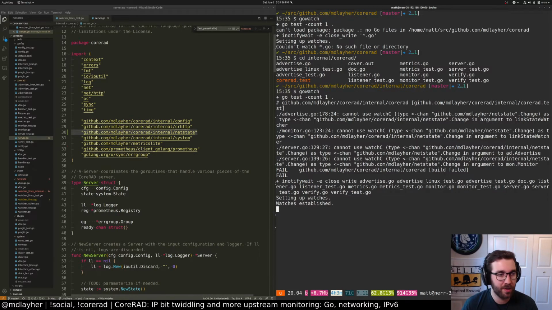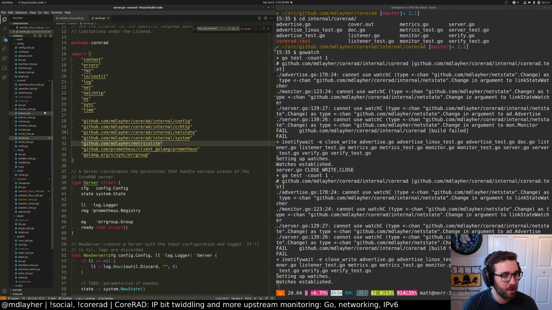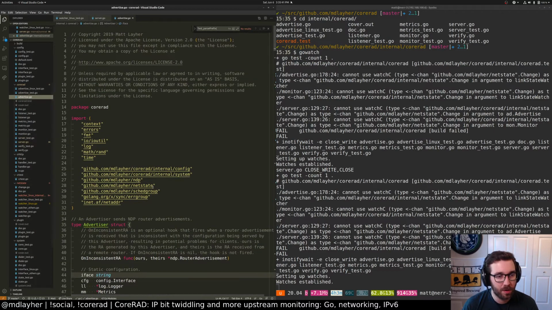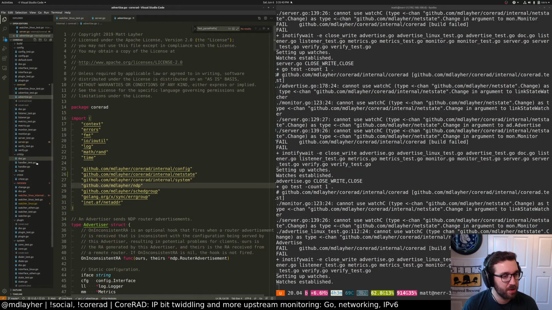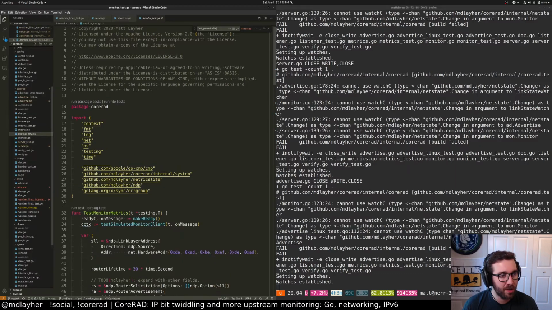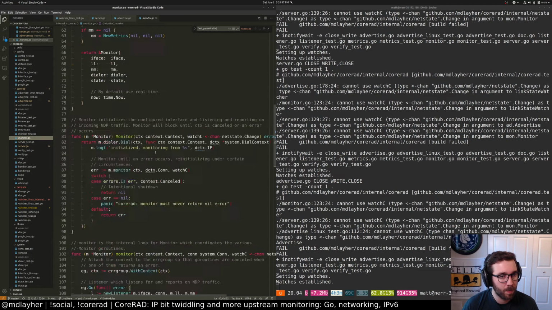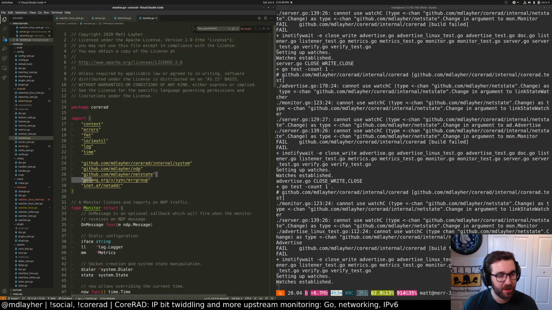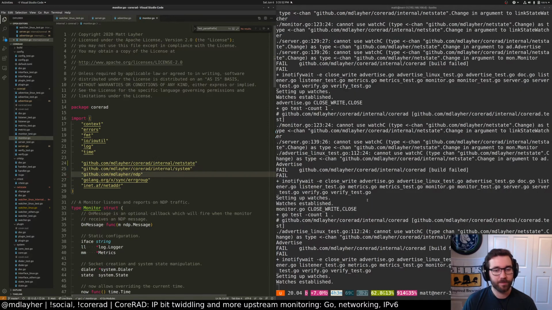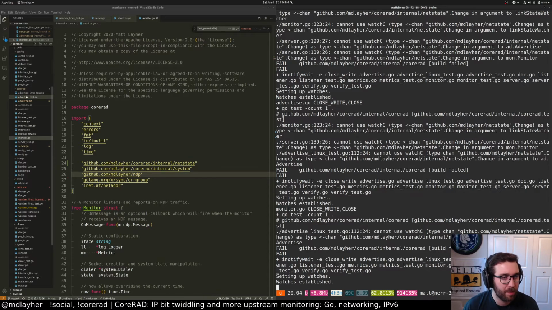Advertise, monitor, server. Right. So, swap this, and then the monitor as well. And then I think we're gonna start looking into that again. Advertise Linux test. Okay. One more time.